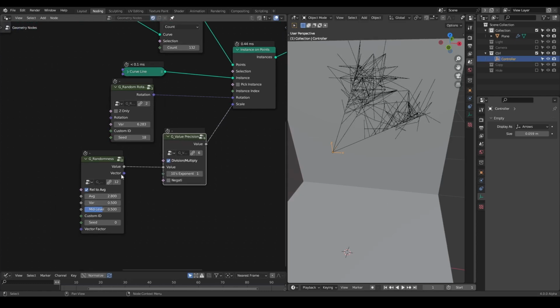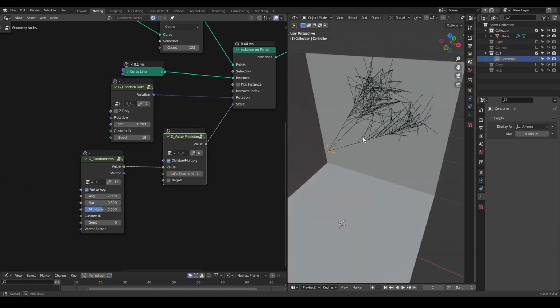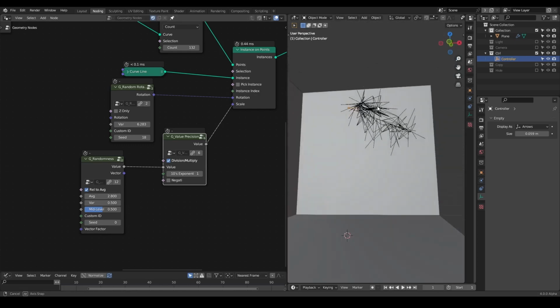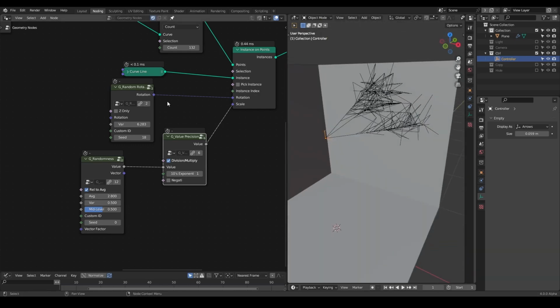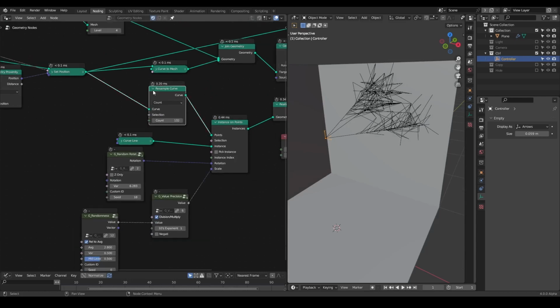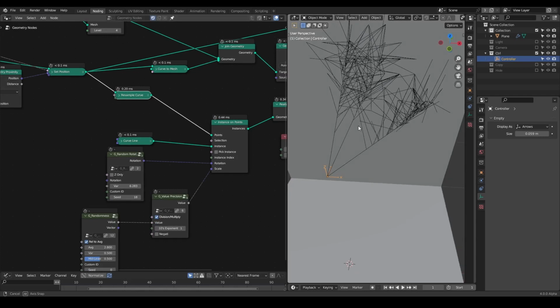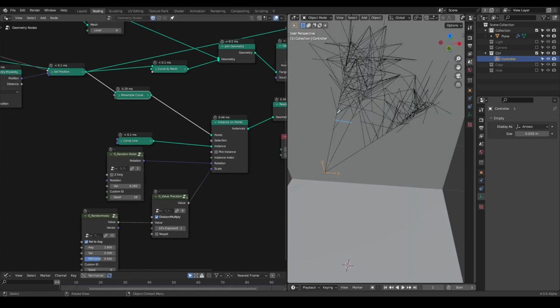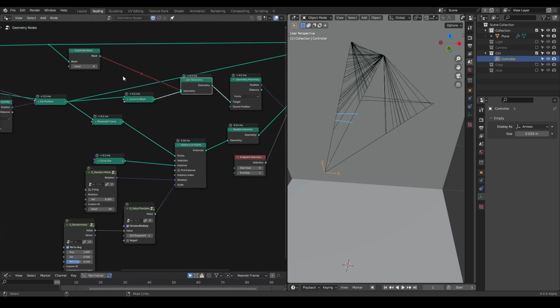By increasing the length, you can see the result. So we're creating this kind of effect. I think I completed it, but it's not 100% completed yet, because you can add the strands to the others. So instead of using this join geometry, if you select only this curve to mesh for the geometry